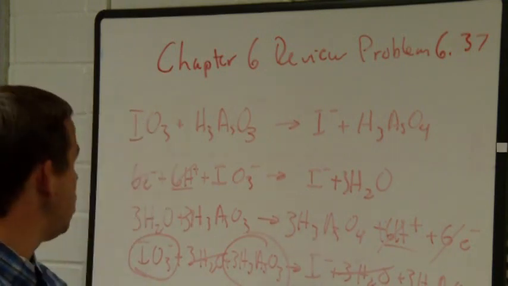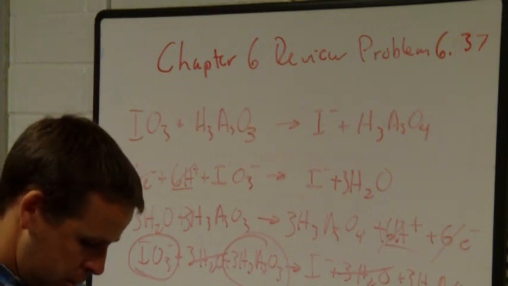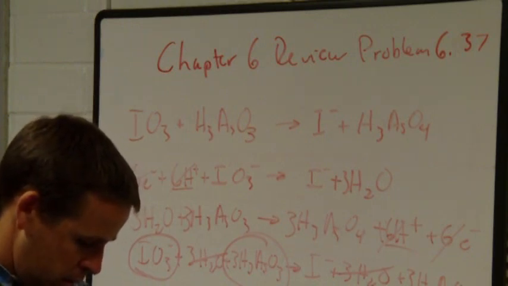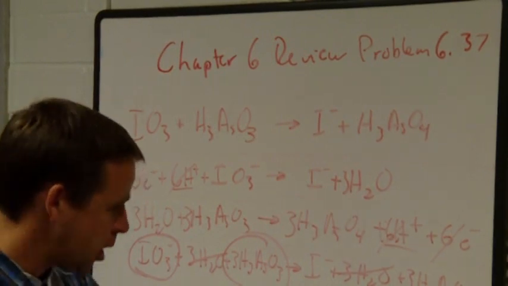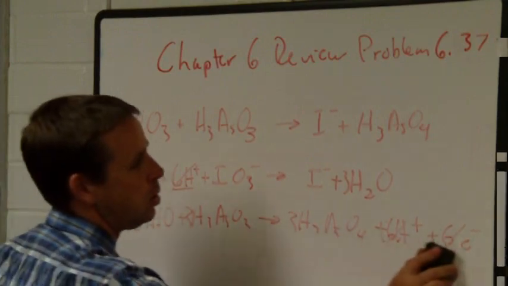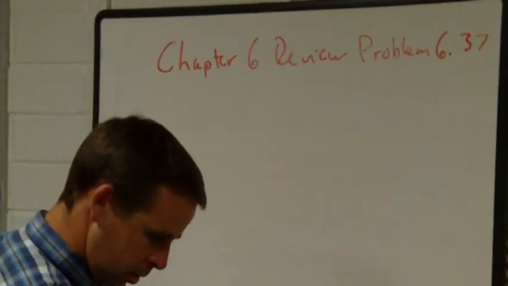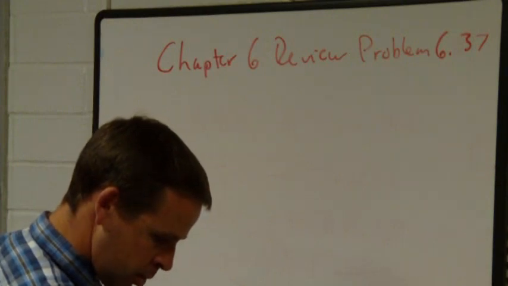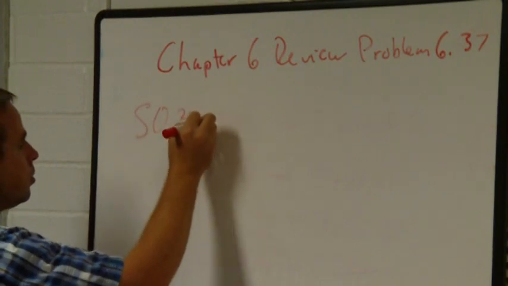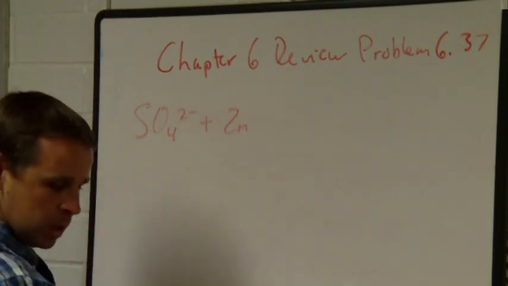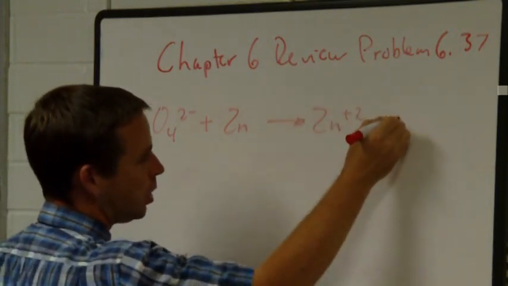Okay, so where are we at? That was number 37C, 3, 1, 1, 3. Okay, good. 637D: SO4 2 minus, the sulfate, and the zinc ion. Zinc metal going to zinc ion. And the